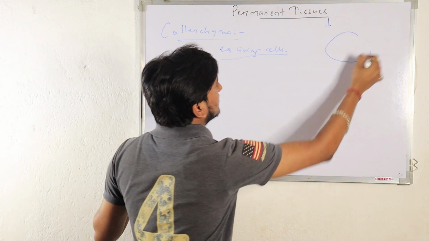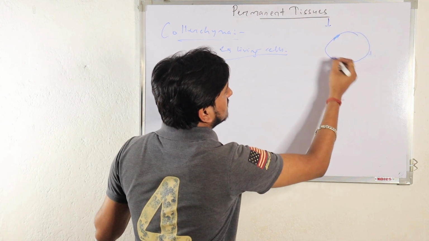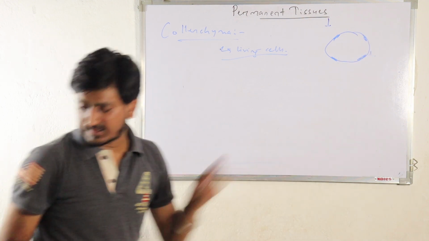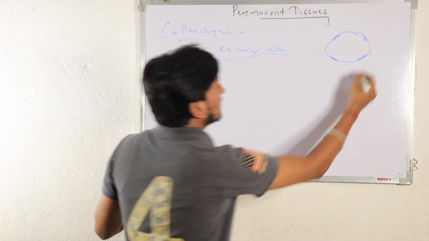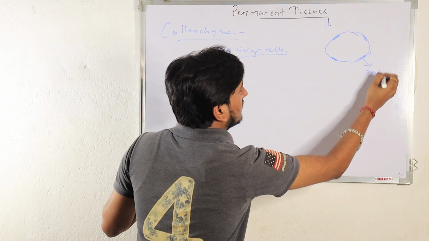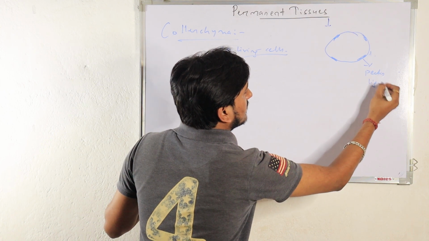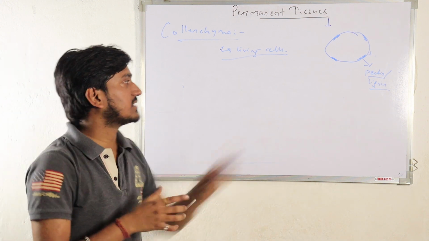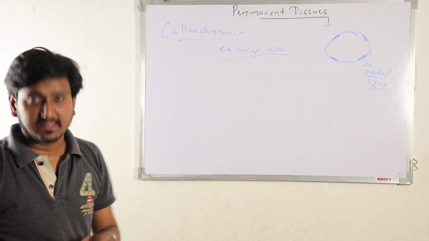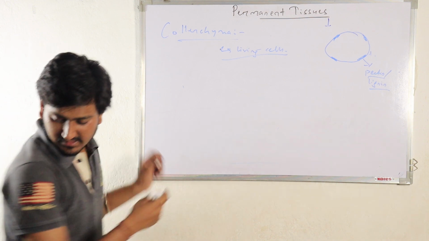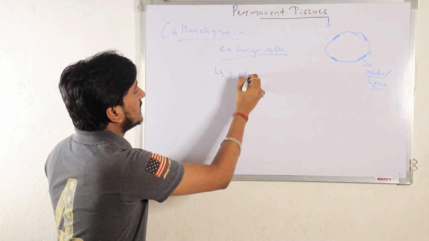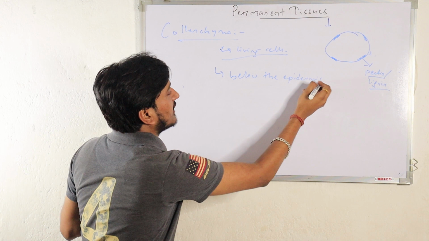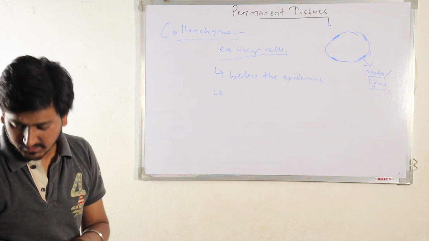Suppose this is a collenchyma cell. At the corners, in some places, it will be thick like this. That is thick due to the presence of a specific substance called pectin or lignin. There could be pectin present, there could be lignin present, which gives them a thick appearance at some parts of the cell. They are usually thickened at the corners. They are located below the epidermis. Epidermis is the outermost layer, so they are located below the epidermis within the plant body.